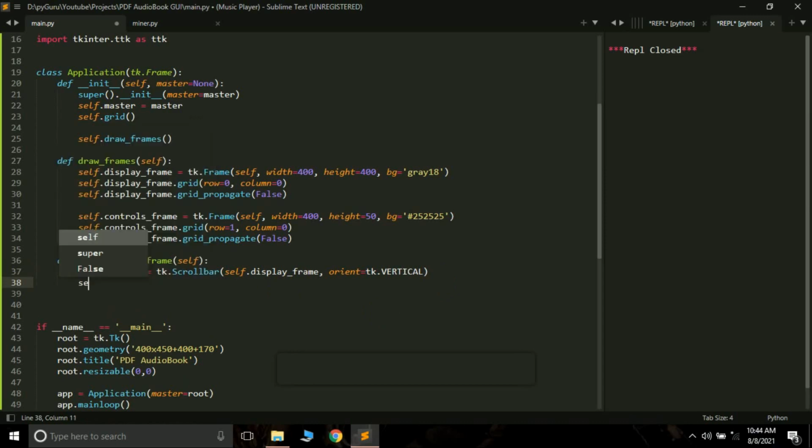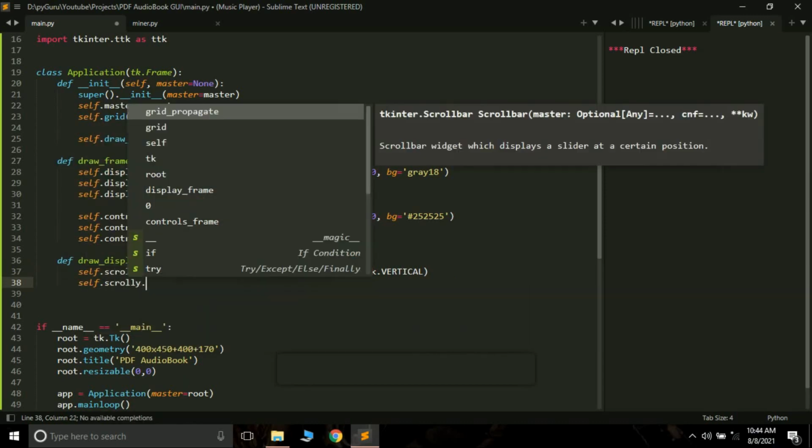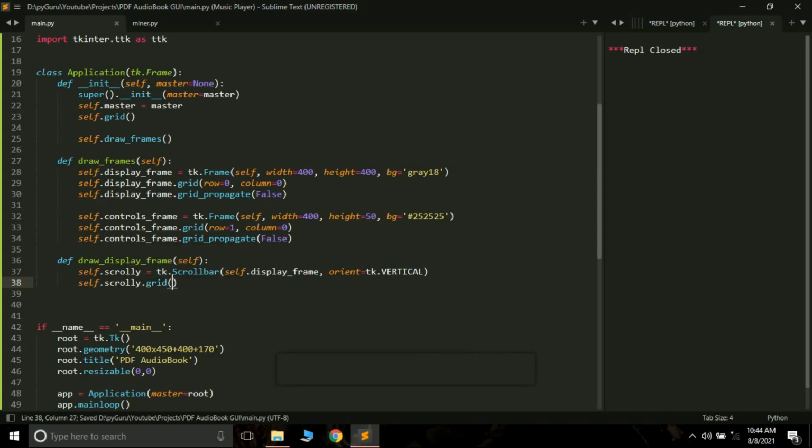So self.scroll y dot grid. Now remember, inside this parent frame, again the indexing will start from 0. So row you can pass 0 and column you can pass 1. Okay. So I will pass row equals 0 and column equals 1. Why not 0? Because on the 0 we'll be having the canvas.